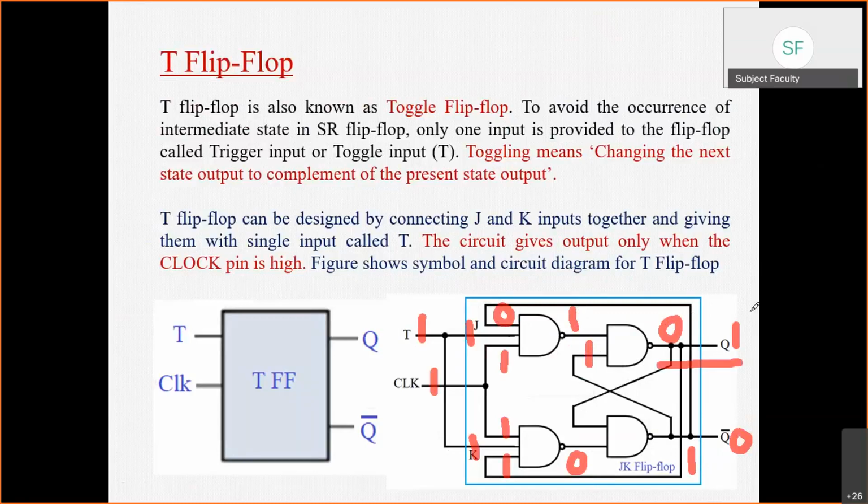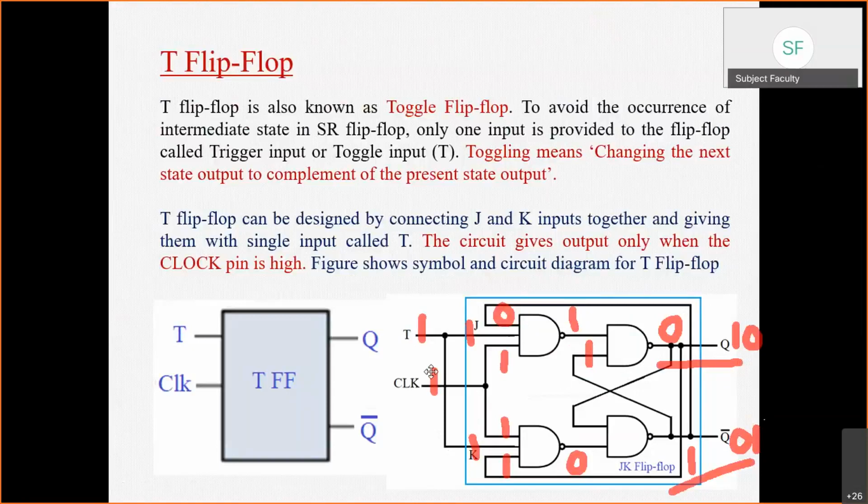Now observe, initially we have assumed the value of Q is 1. What we got in the next state is that the value changed to 0. Similarly, the value of Q bar initially was 0. In the next state, it is changed from 0 to 1. That means toggling is happening here, right? Similarly, you can verify what will happen when the value of Q is 0 and when Q bar is 1. Again, you will find the same, that whatever is the value of Q in the previous state, in the next state its value will be changed. Okay, so this is nothing but the toggling mode.